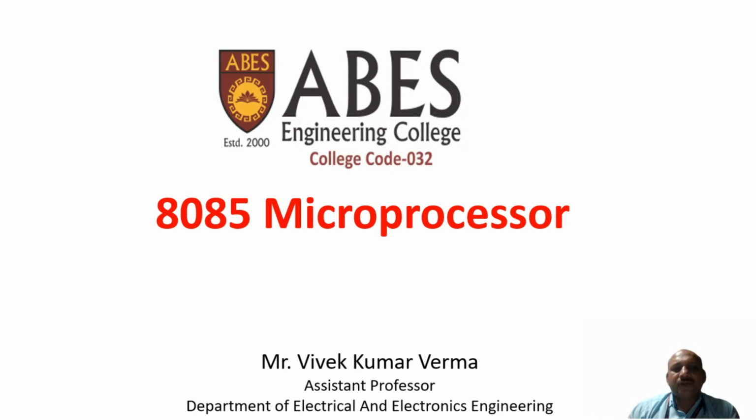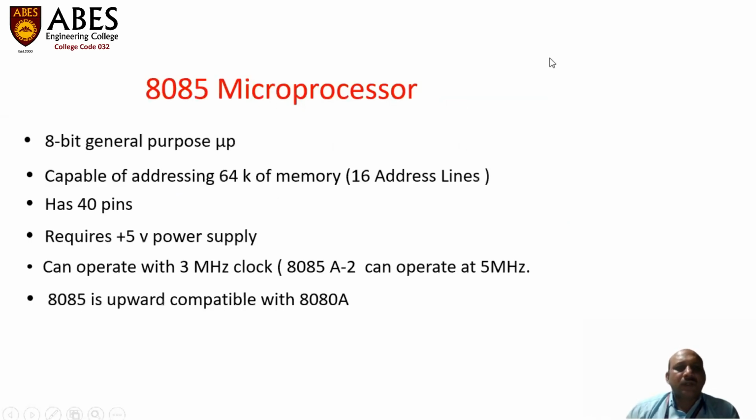Today I will discuss the 8085 microprocessor. The 8085 microprocessor was developed by Intel in the year 1973. It is an 8-bit general purpose processor. It means it can process 8-bit data at a time. It can address 64 kilobytes of memory